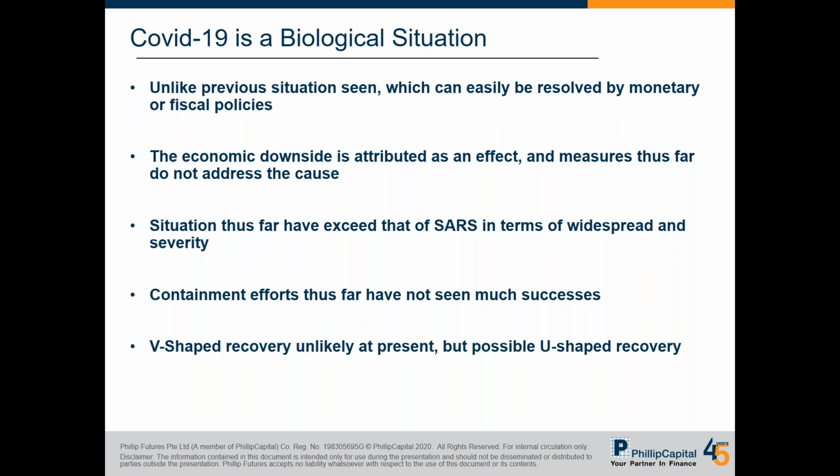So containment efforts thus far has also not seen much success. We can see that actually, if you look at it, it has been quite of a failure, whereby countries did not manage to control inflows into it. There were some countries that were complacent, and because of that, what happens is that the cases spike quite drastically. So without proper containment efforts, right now we can see that it has come to a stage whereby nations have to lock down to actually control the spread and cure the existing people and prevent them from actually traveling or